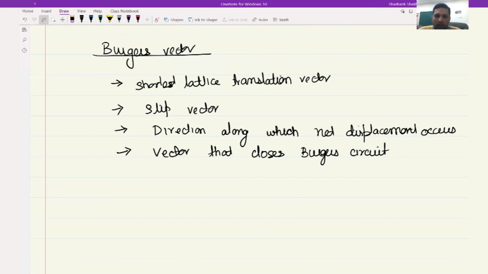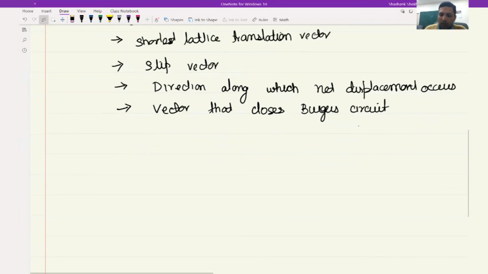And that is how the dislocation is able to reduce the overall strength of the material and accommodate the deformation in the material. And when we have a dislocation, we have two vectors, the line vector and the Burgers vector. The Burgers vector we saw you can identify with the help of the Burgers circuit, and these are some other characteristics of the Burgers vector. Since this is the shortest lattice translation vector, you should try to find out what will be the